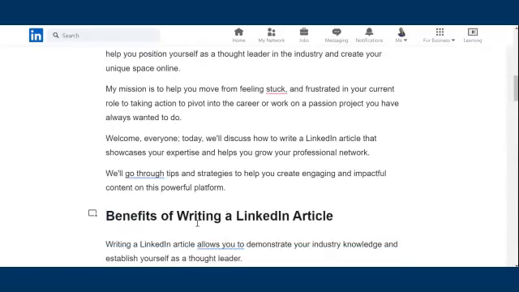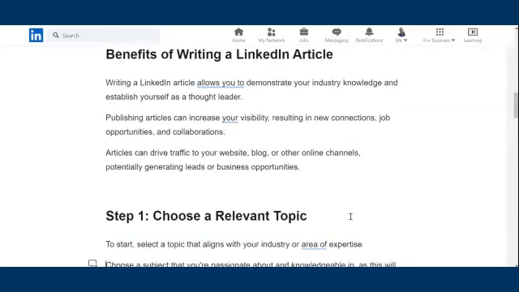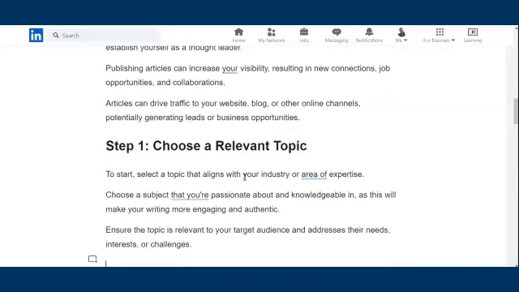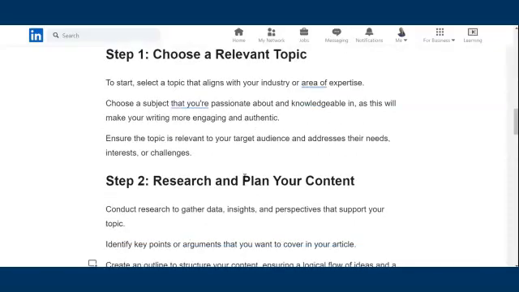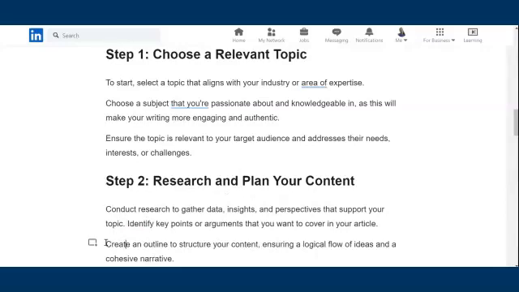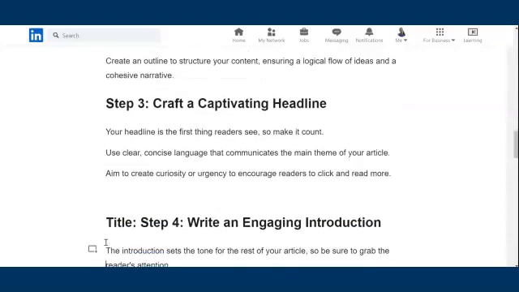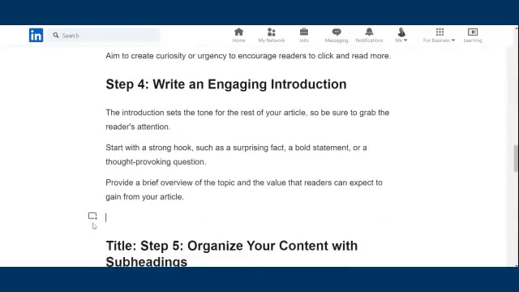Then you want to make sure, so these are my subheadings, but the size of the subheadings is from the Google Doc, so I'm going to have to change it. I'll show you how to change the size of your subheadings. I think at the moment it's H1, and H1 is usually reserved for titles of your article. H2 may be more suitable for subheadings. All I'm doing at the moment is changing the format because I've copied and pasted. I want to make sure it's formatted to the LinkedIn article so it's readable.